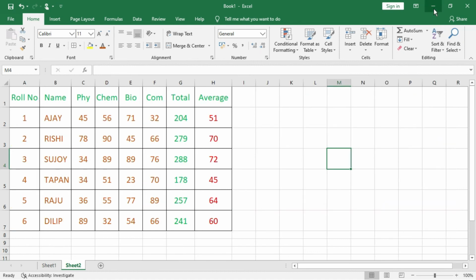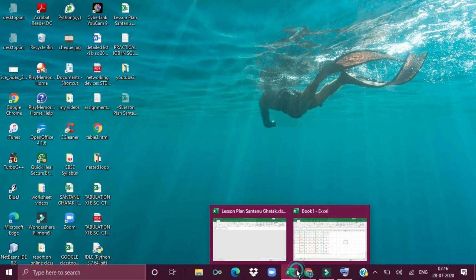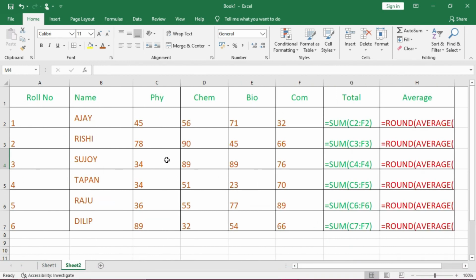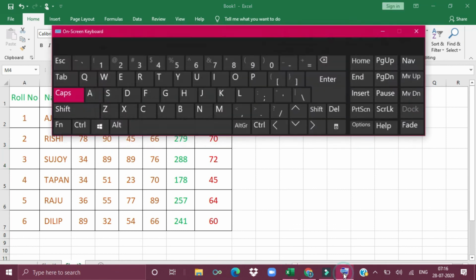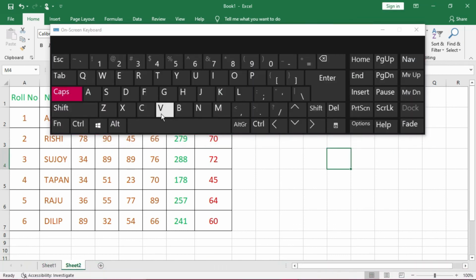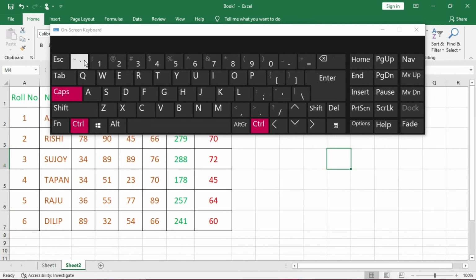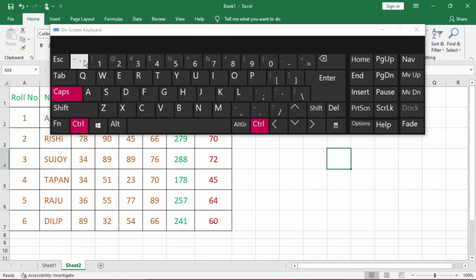So the keyboard shortcut is Control and backquote to enter the formula mode, and Control backquote once again to return to normal mode. You have seen where the backquote key is located, just beside the Escape key on your keyboard.